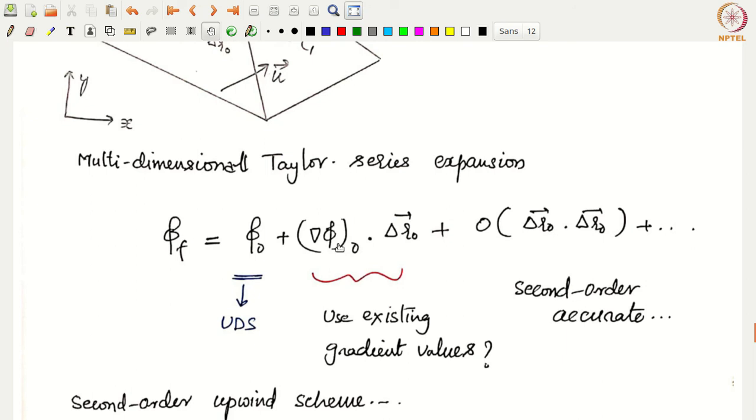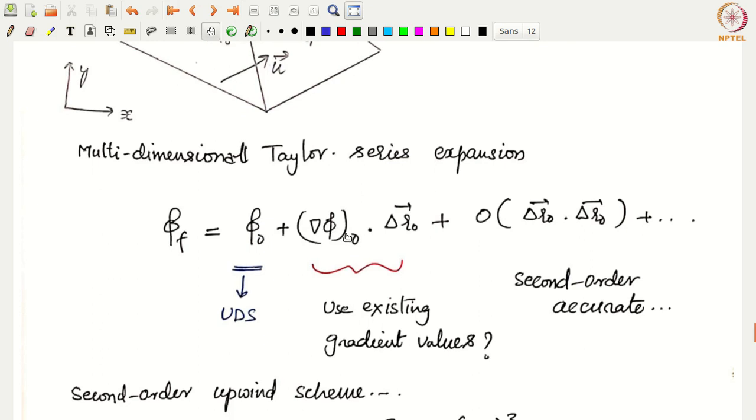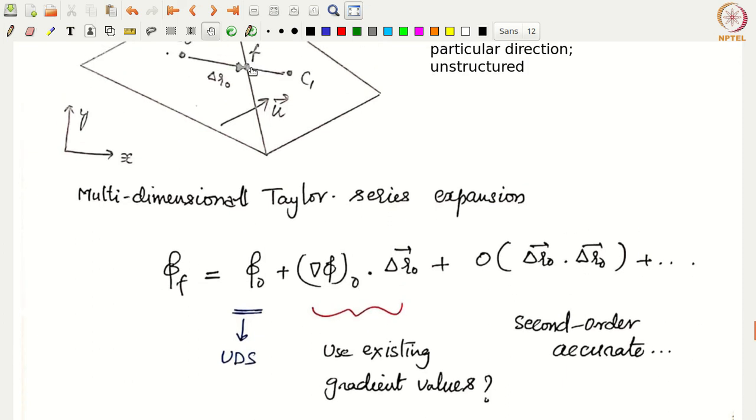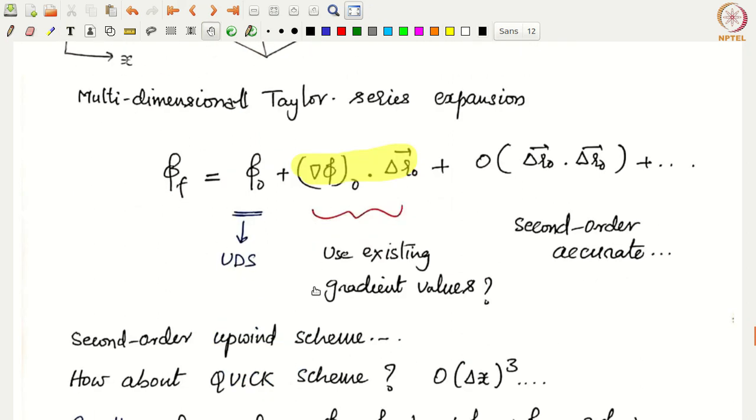Okay. Now, of course, we have already calculated gradients before in the context of secondary gradients. That means we already know what is grad phi at the cell centers, right? So if we just include that, we can build a second order accurate scheme very easily, because grad phi is available at every cell. All you need to do is use that grad phi and reconstruct the value on the faces. And again, this term would go into the B term, like the way we have described, if you want to implement it. So this can be easily done. Okay, so far so good.